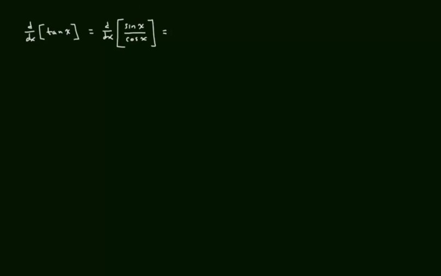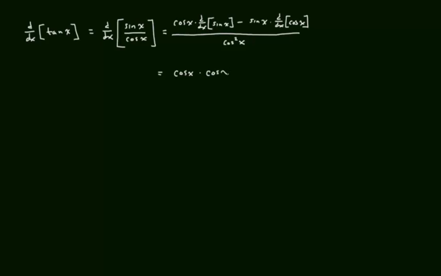Quotient rule. So bottom times the derivative of the top minus top times the derivative of the bottom all over the bottom squared, which then comes out to be cosine of x times the derivative of sine, which is also cosine x, minus sine of x times the derivative of cosine, which is negative sine, so that becomes a plus,